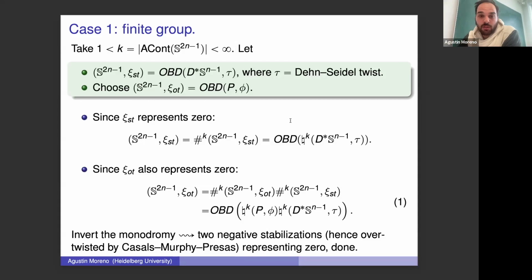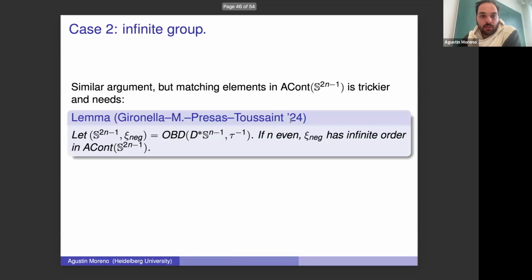Case 2 is the hard one. This is the infinite group situation. It's a very similar trick. You just do a bunch of stabilizations, but matching the elements in this group is a bit trickier because you need to know something about negative stabilization on the sphere. So if you take the sphere and you look at the negative stabilized open book, so the inverse of the Dehn-Seidel twist,